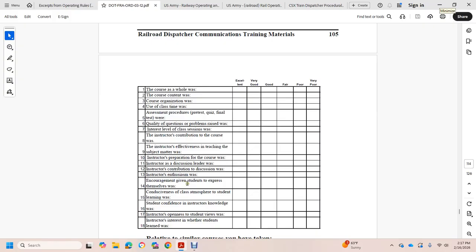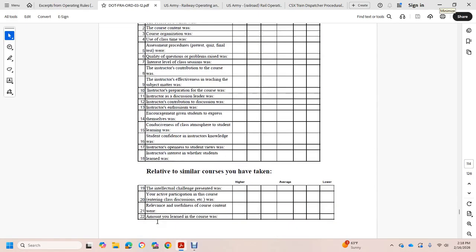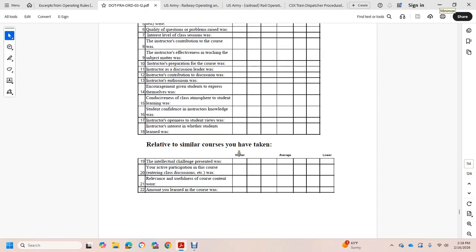14. Encouragement given to students to express themselves. 15. Conducive class atmosphere to student learning. 16. Student confidence in instructor's knowledge was. 17. Instructor's openness to student views was. 18. Instructor's interest in whether students learn was. Relative to similar courses taken, the following were rated as: